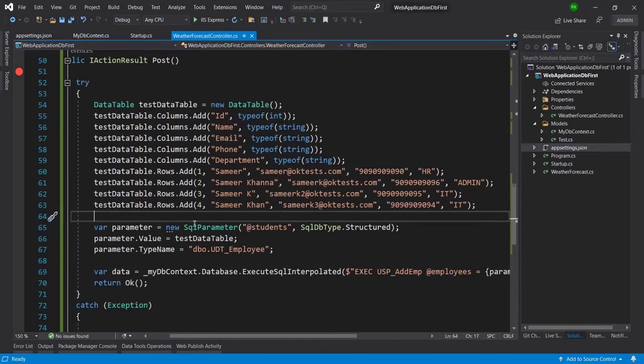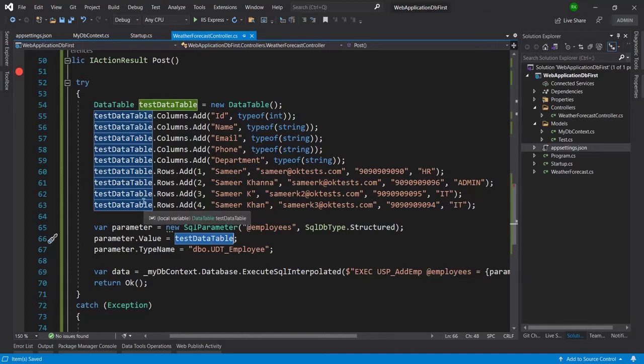Therefore, I have created a parameter, which is going to be a SQL parameter, for the employees. I have passed the parameter as a structured type, and here is the test DataTable, which I have passed as the value of this parameter.